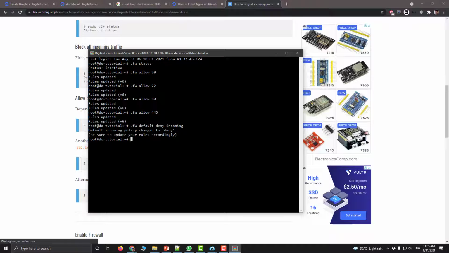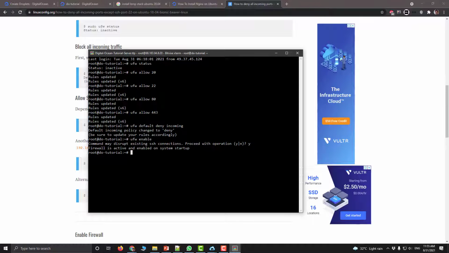So update your rules accordingly. We have already updated. Now you can hit UFW enable. Yes, because we have already allowed that connection, otherwise it would be disrupted. Firewall is active. So this is the very basic setup you must do if you have recently created a VPS. Otherwise all those bots will look for any vulnerable ports or any open ports that you have either knowingly or unknowingly opened, and they will gain access to your VPS and use it for their malicious purposes. So that's one important rule.